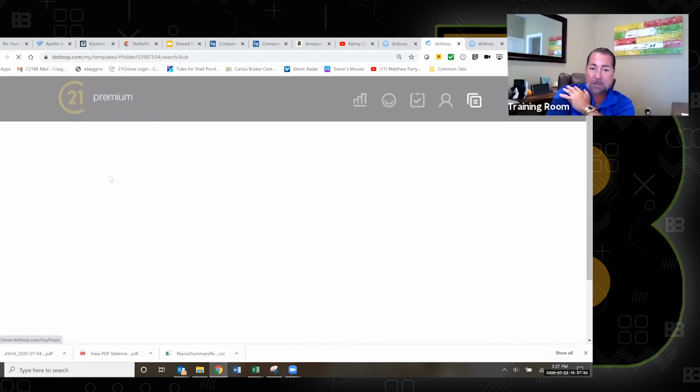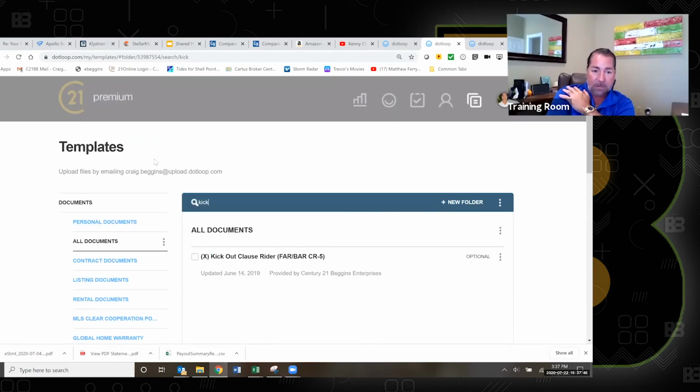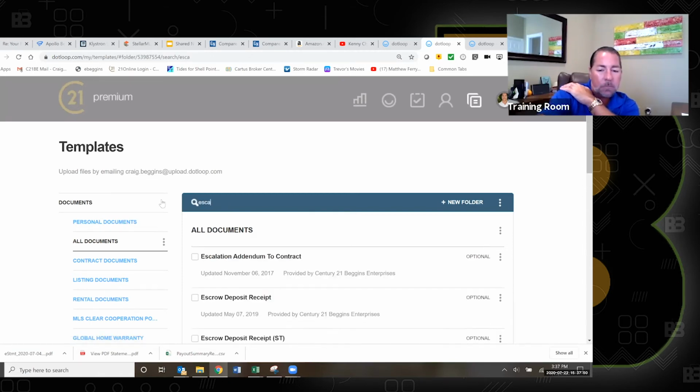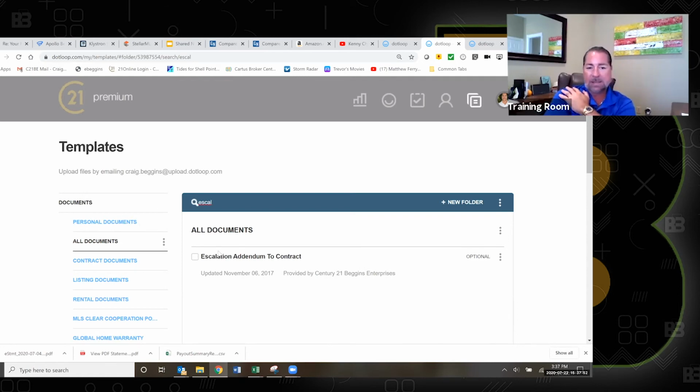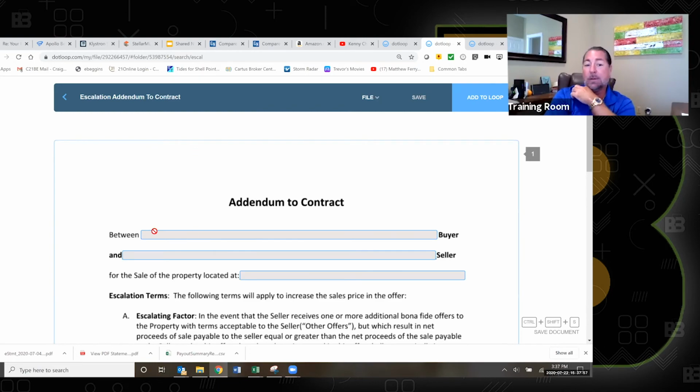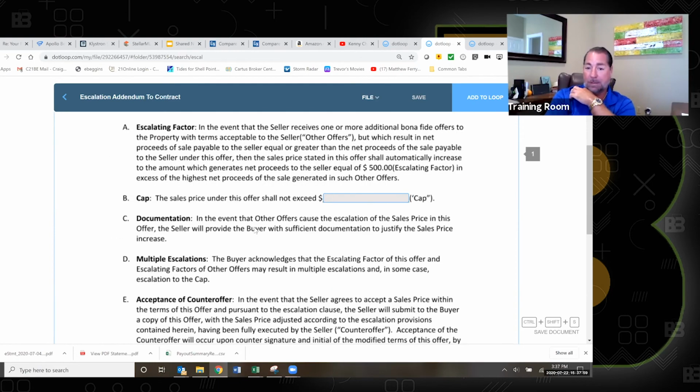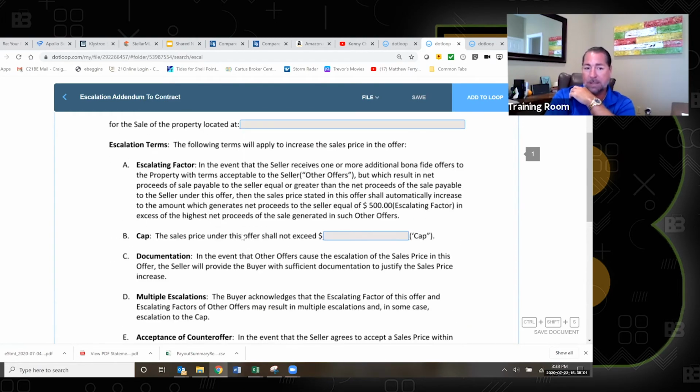Let's go to the next one, and this one is winning a lot of stuff for us. The escalation addendum to contract. This one is really complicated. But let me tell you what it says in English. It says, "Dear seller, I really want your house. I'm willing to pay $500 more than the best offer you get, as long as it doesn't exceed X amount